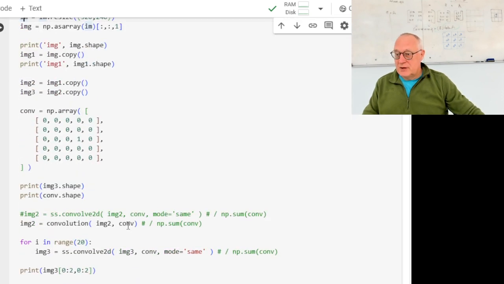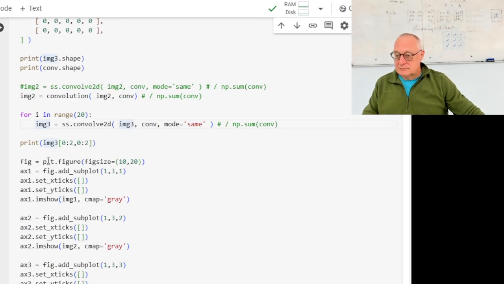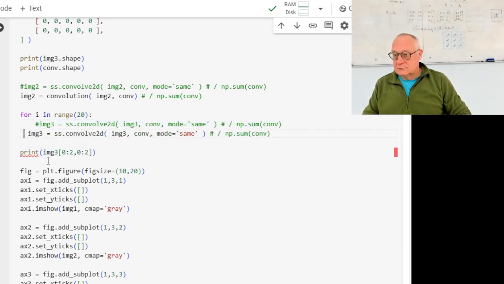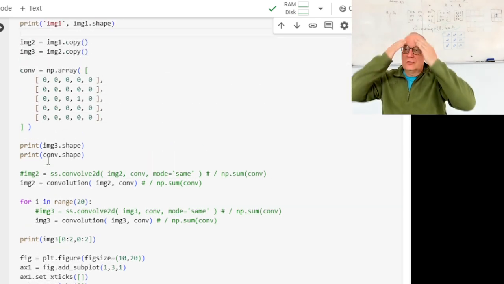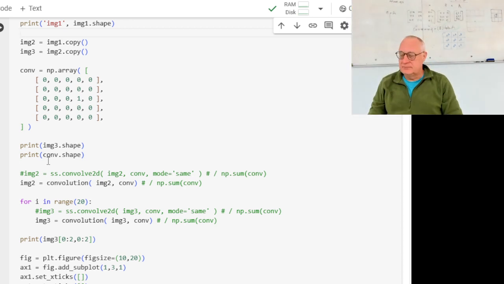And I don't want to use the SciPy library. So then let's have a look at this particular convolution mask. What will that actually do? If this is the kernel that I apply,